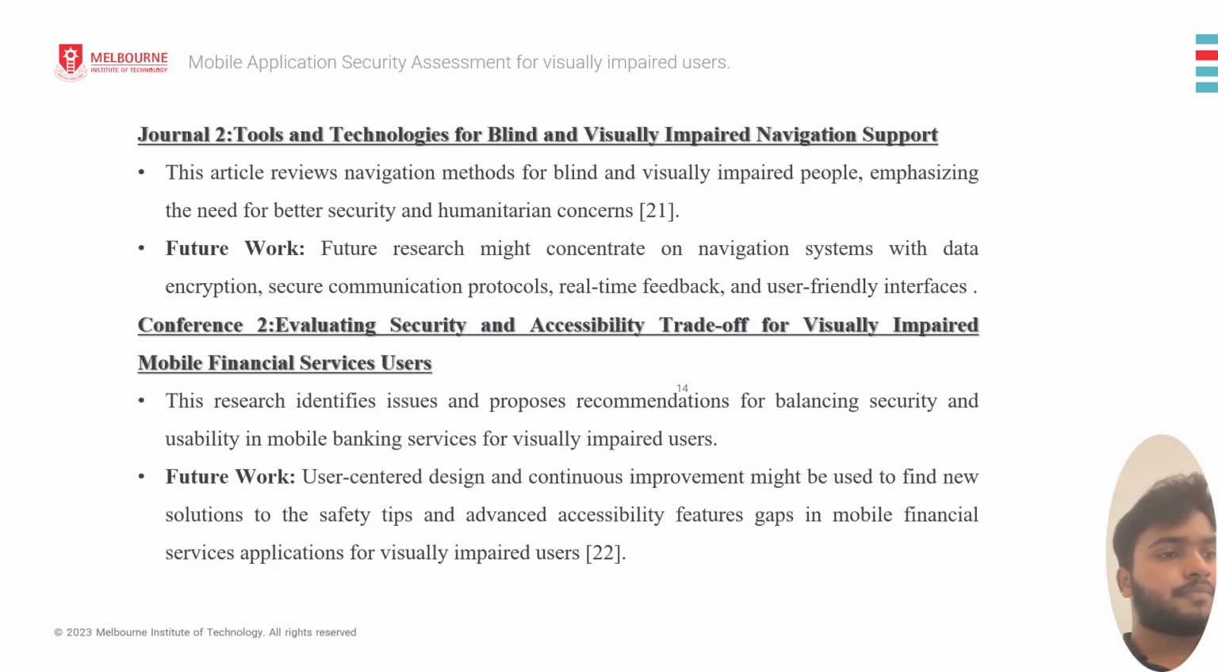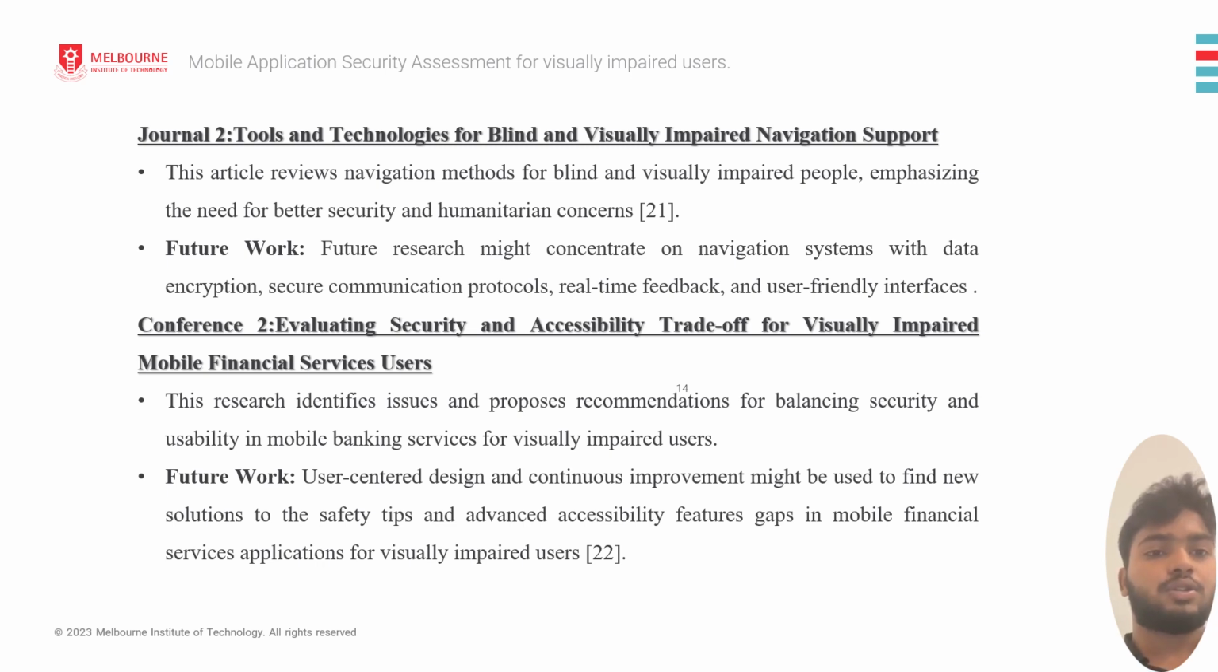And then coming to journal 2, tools and technologies for blind and visually impaired navigation support. This article reviews navigation methods for blind and visually impaired people, emphasizing the need for better security and humanitarian concerns. Coming to the future work, research might concentrate on navigation systems with data encryption, secure communication protocols,